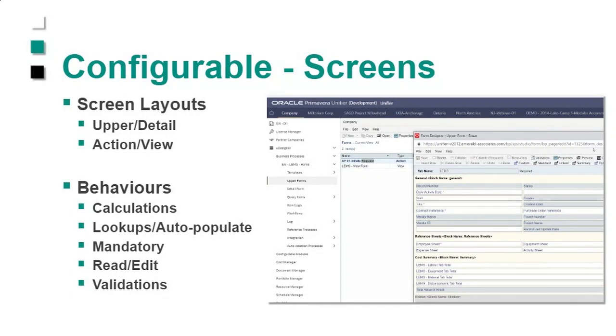Or what I'm going to call a LEM, labor, equipment, material, subcontractor, so LEMs. I'm going to show you that. I don't necessarily need to see the same thing because I need to see the financial aspects. I don't necessarily need to see the site aspects, okay? So the screens are configurable